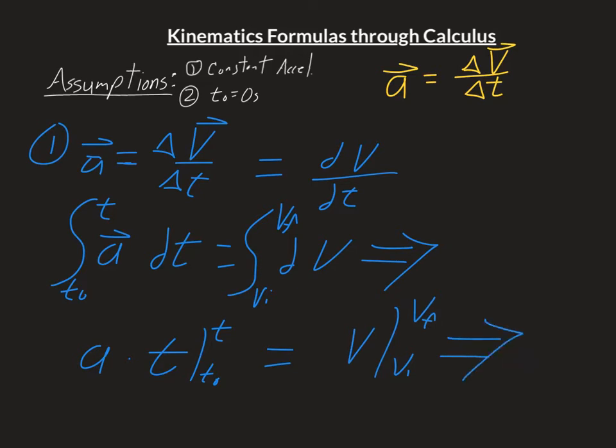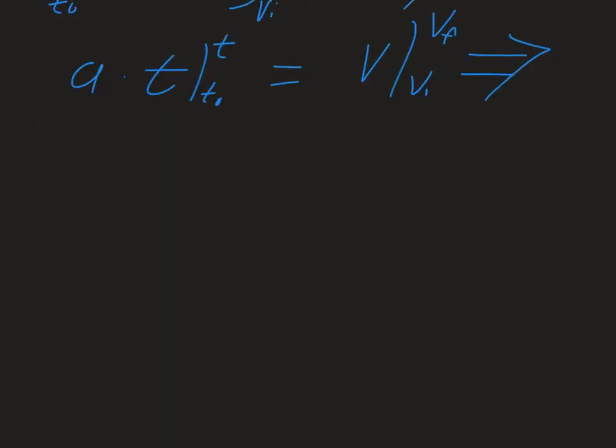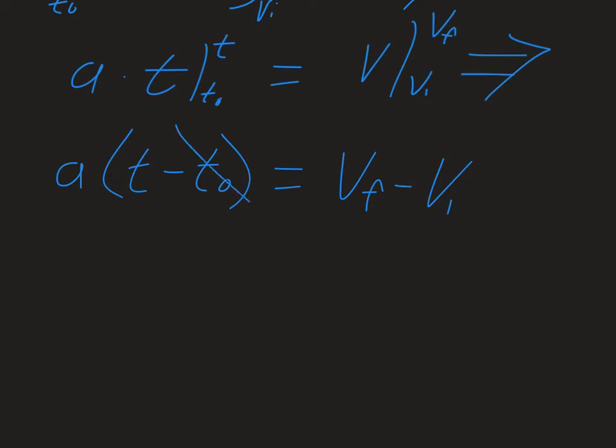All right, so then you just work that out because all of those symbols end up just meaning this. I now have acceleration being multiplied by t minus t naught, and it's equal to v final minus v initial. And here's the beautiful thing though. Since we know that t naught is equal to 0, thanks to our assumption, this is just t. And what we get is that acceleration times time is equal to velocity final minus velocity initial,